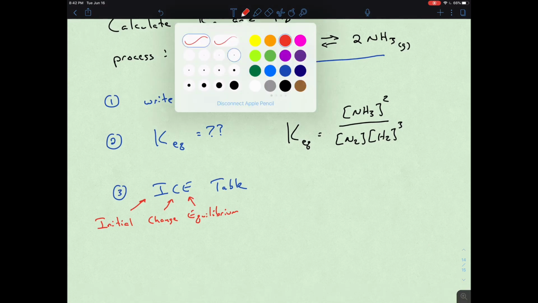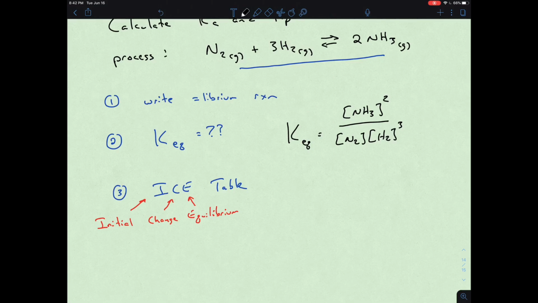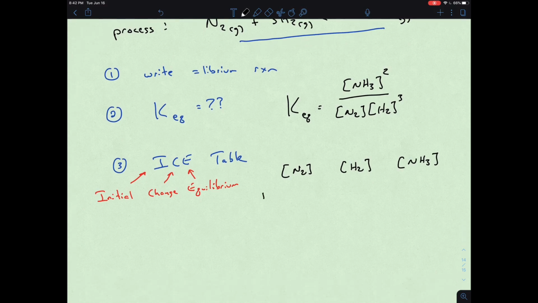And what we have are the important players to the reaction. So in this case, our ice table, we would have nitrogen, hydrogen, and ammonia. And we would have a set of initial conditions, a change, and an equilibrium. So we set up our ice table and basically fill in data